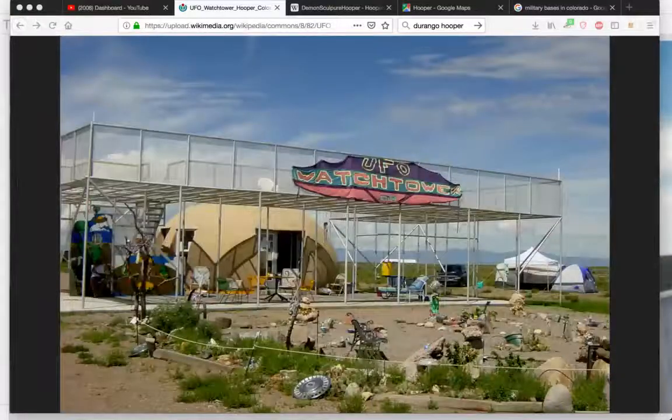All right, now let's take a look at the destination here. This is the UFO Watchtower. And if you go outside where these two vortexes are, you're going to see a whole bunch of props and relics and what looks like people saying, oh yeah, I'm going to leave behind my sunglasses, or I'm going to leave behind my CD that I have. Because this area, if you leave a piece behind and you ever need to...